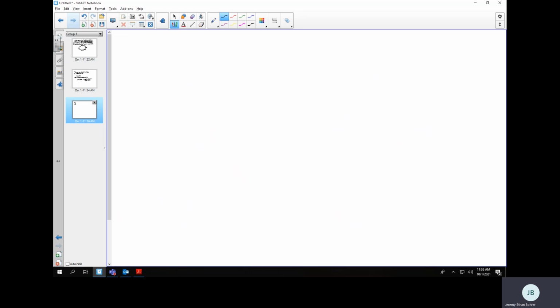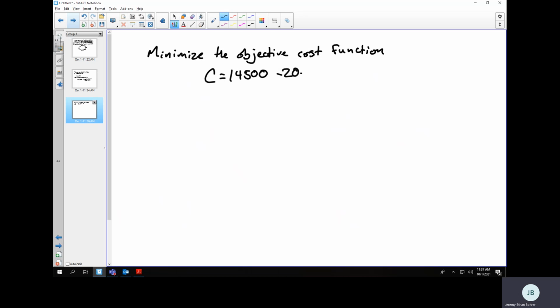To summarize this, we have the following linear programming problem. Minimize the objective cost function C equals 14,500 minus 20x minus 10y, subject to the constraints